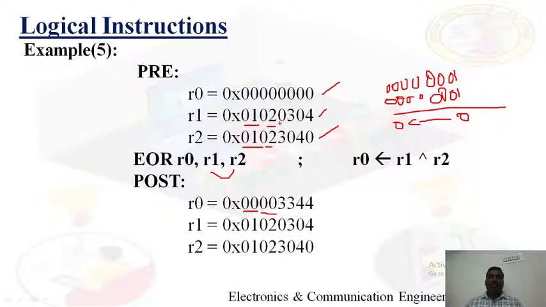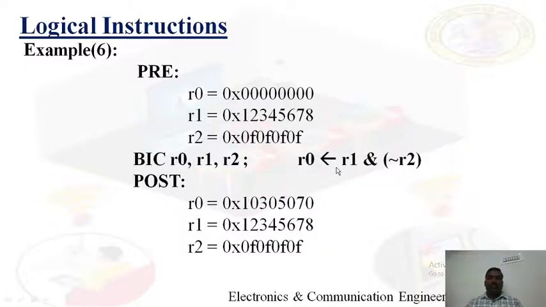Now at this point 0 is XORed with anything, you will get the same thing, that is 03. Again the same thing, 0 is XORed with anything here, you will get the same thing, that is 33. So here 04 is XORed with 40, you will get 44. Again there is no change made to any of the source registers, that is R1 and R2. So let us move on to the next example, a very interesting one.